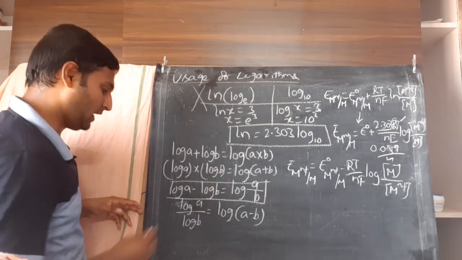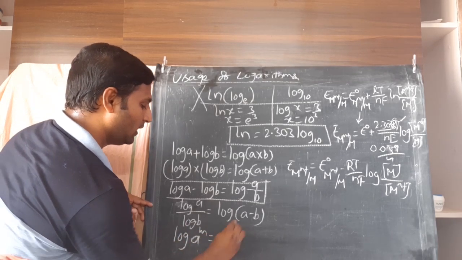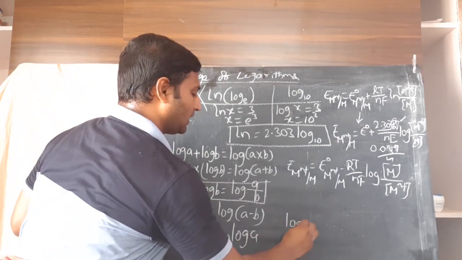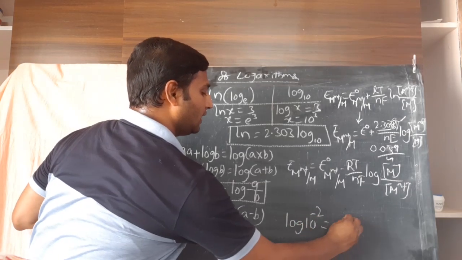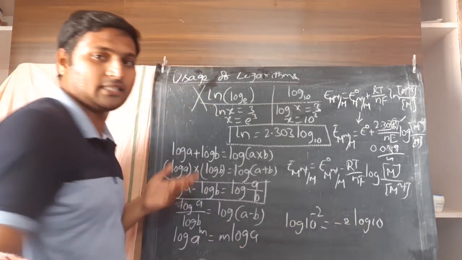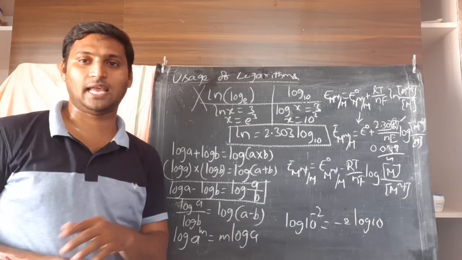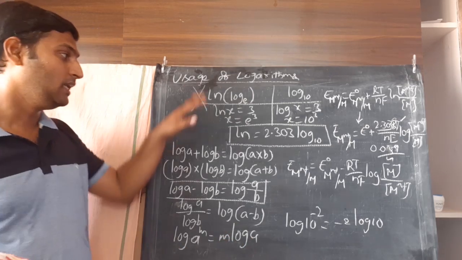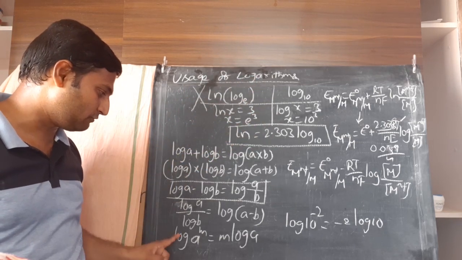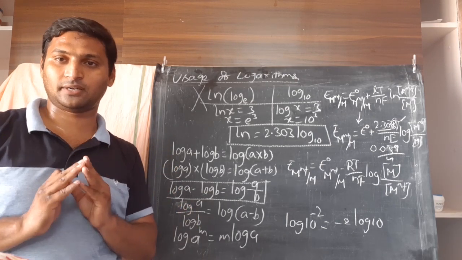Okay. Then last but most important, log A power m is equal to m log A. Remember, in many numericals where we got something like log 10 power minus 2, we said minus 2 log 10. We found the value of log 10 and then multiplied it simply with minus 2. So log A power m is equal to m log A. Is that clear? So this is the fundamentals of logarithms, and these 5 are the most important formulae you must know as long as you are dealing with chemistry.